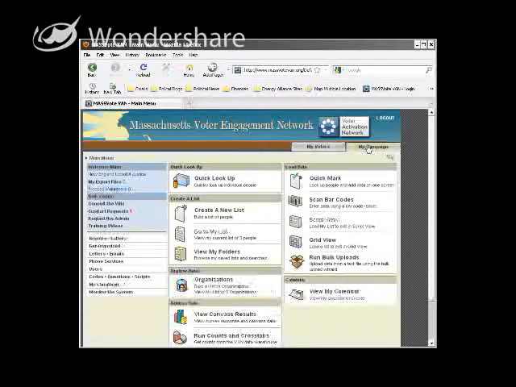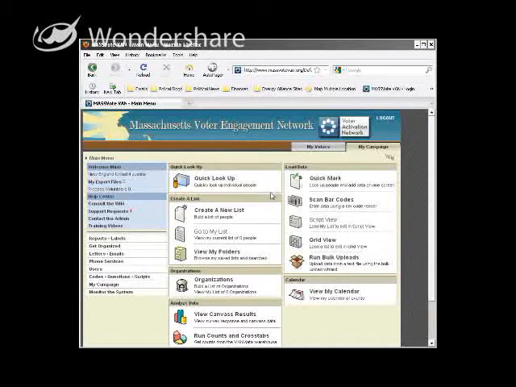The other side of VAN is the My Campaign tab, which you can just click on, and it's got a little different coloring, so you'll be able to hopefully tell which side of the site you're on. And basically it's a database that you build yourself. So groups usually put in volunteers in here, maybe people from out of state that are involved in the organization in some way. They put in newly registered voters. If you've gone out canvassing and you need to enter new people in, you can put